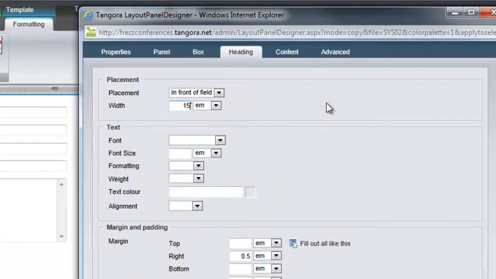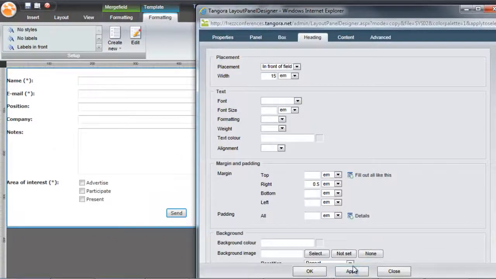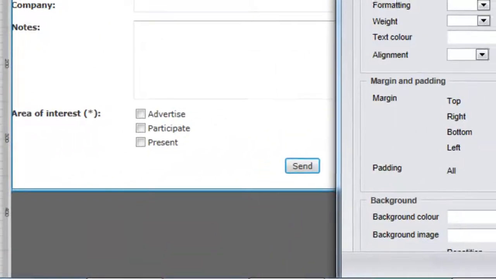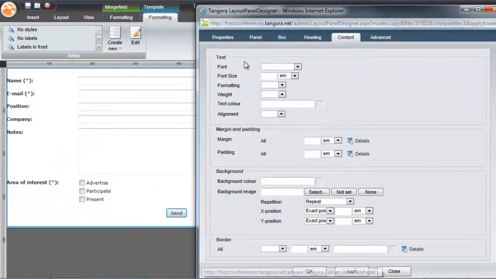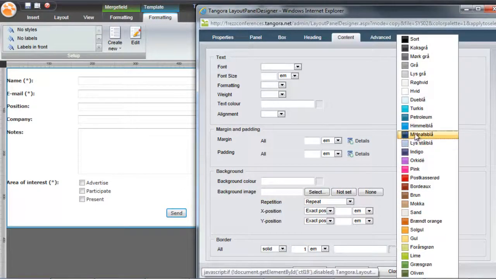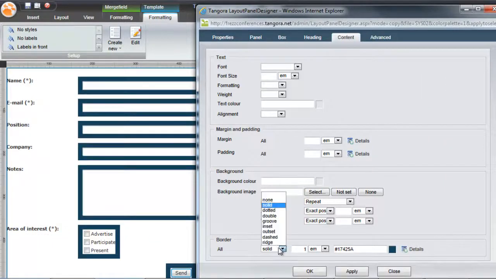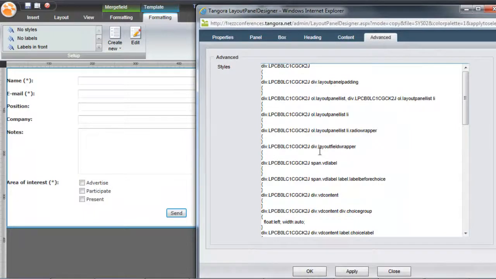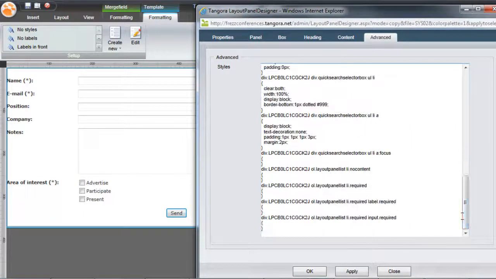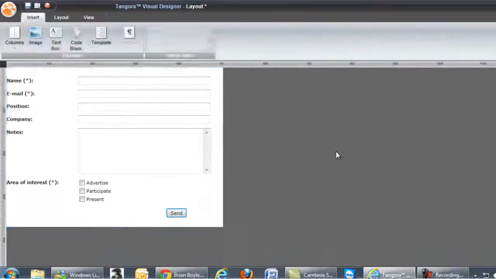And here's where I'll actually change the width from 10 ems to maybe 15. And you can see that solves our problem. Content refers to what's in the fields. Finally, Advanced gives us some typographies, so-called CSS, where we can modify if we have some advanced needs.